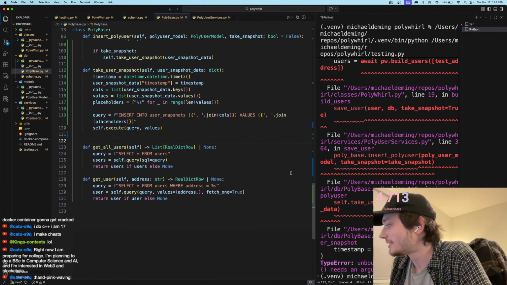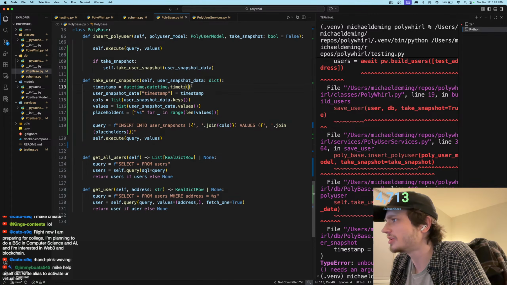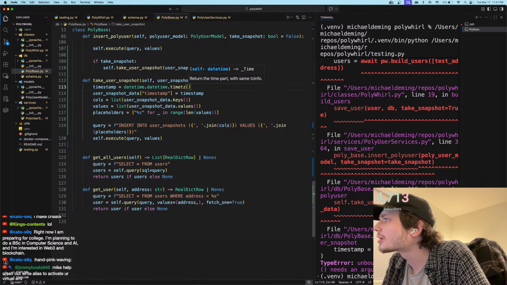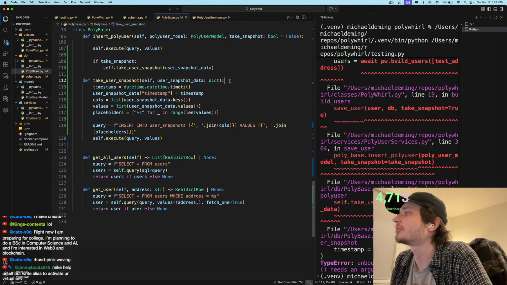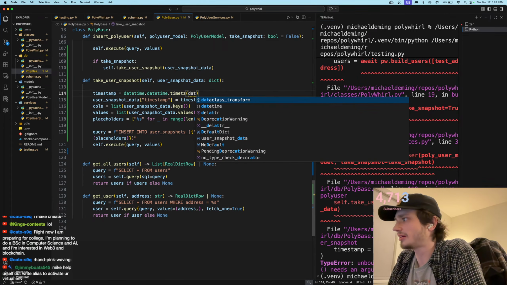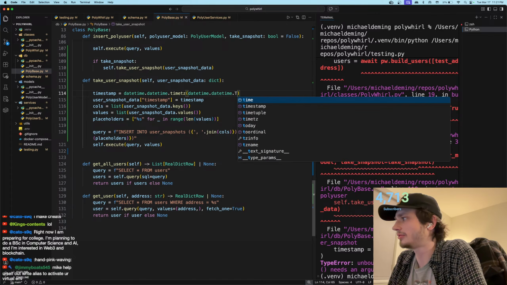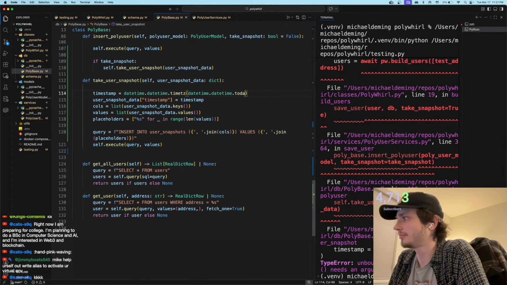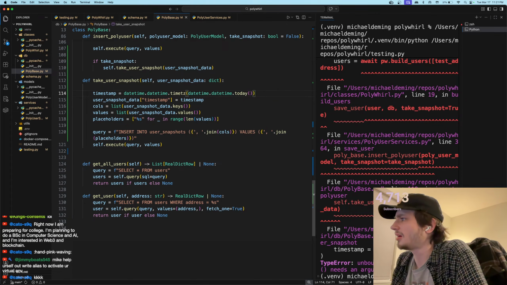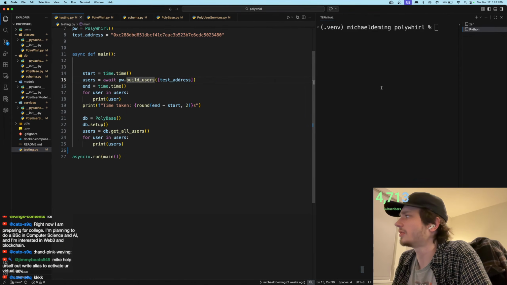Okay. So we need to give an argument to our timestamp, which is here. I didn't know this took an arg. Oh, it takes a datetime object. Okay, so we have to do datetime.today, I think, is what we need to do there. So then if we run now,